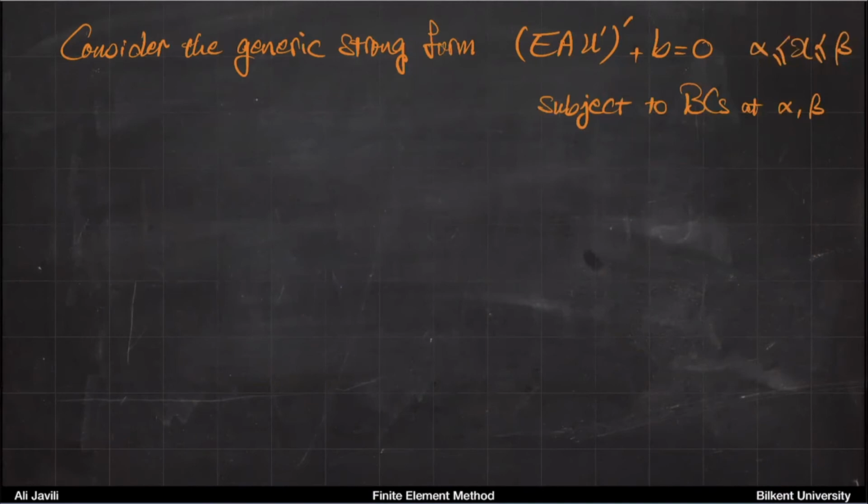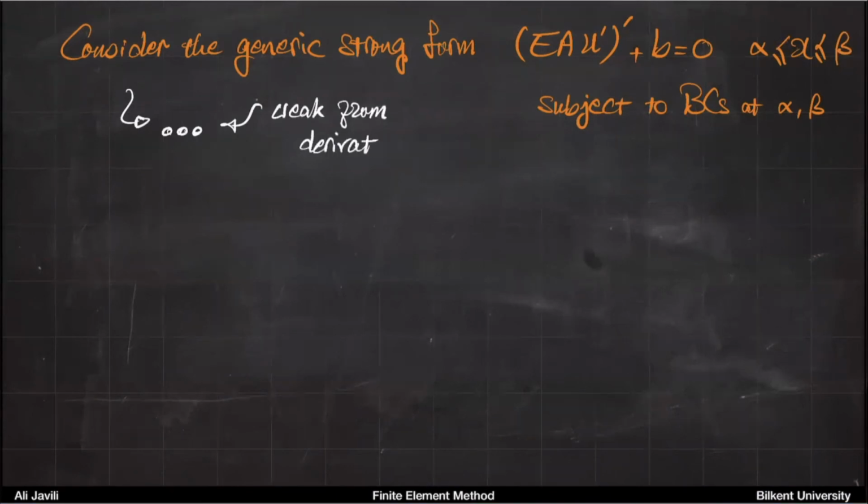And I hope you have not forgotten that if you go through the weak form derivation process, and that simply means multiplying by a test function and integrating, then the corresponding weak form reads